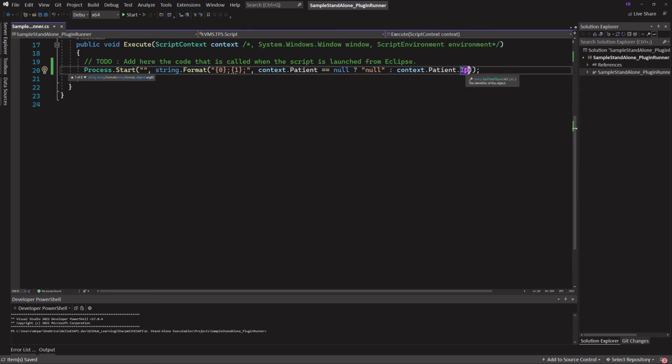Since that's a string, it might be okay even if this is null, but it might throw an error. I think if you try to access a property of a null object, I'm pretty sure it will throw an error. So if you don't want your script to break,